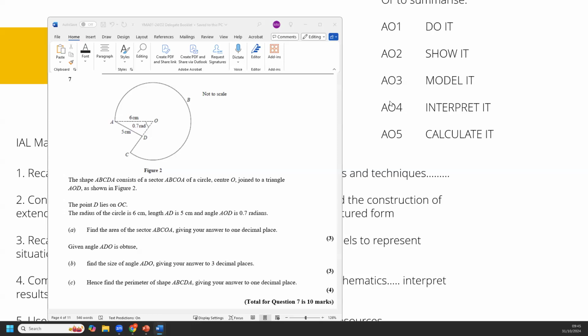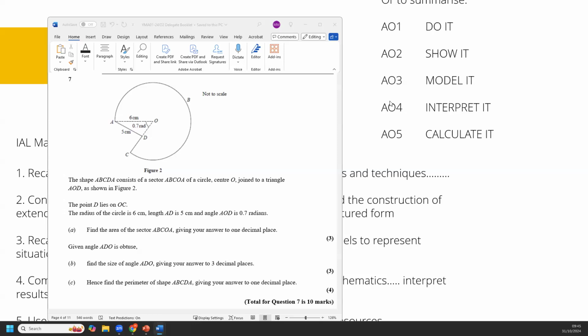So again, in this case, we have 2 marks of assessment objective 1. Well done. And then followed by 1 mark of assessment objective 5. So every time you have to recall facts from knowledge that you've learned, that's an assessment objective 1. But if you have to straight away calculate using those facts, to make some calculations, that's an assessment objective 5. But if you have to put those together to make an argument before you get to that, that's where assessment objective 2 comes in. So in this case, it's 2 marks for assessment objective 1, followed by 1 mark of assessment objective 5.